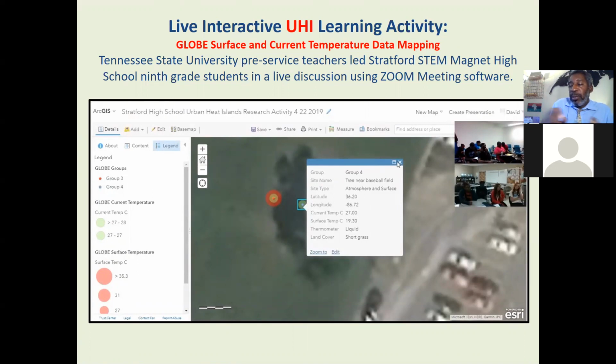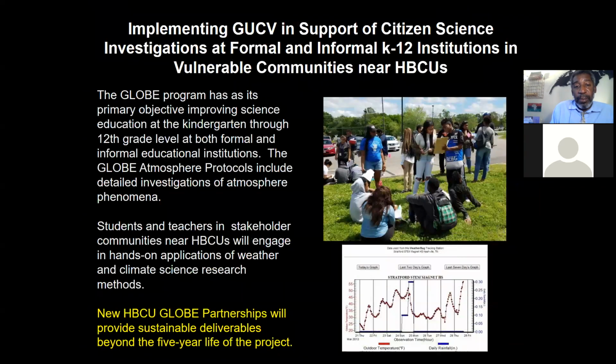that we did this virtually after going to the school is because of time constraints. It's very difficult to get time in a high school or any classroom just because of the way that our schedule is versus the school schedule. So if we can get over there for 1 or 2 days and do this outdoor exercise, the rest of the time we can analyze the data and our results virtually. And so we've done this several times. And so, again, here are our objectives. And so here's another image from our work with